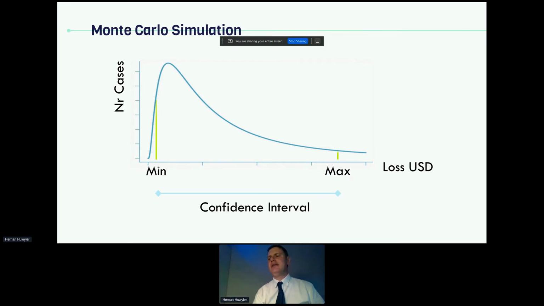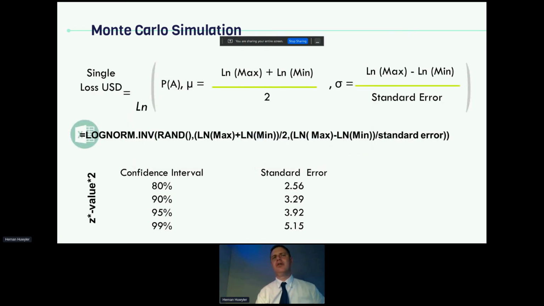This is a way that we can use to assess the probability. And finally, this is the formula. You are going to see that in the Excel spreadsheet. Basically, it's a statistic coming from probabilities, linking the confidence level to the standard errors. And at the end of the day, it works quite nicely.